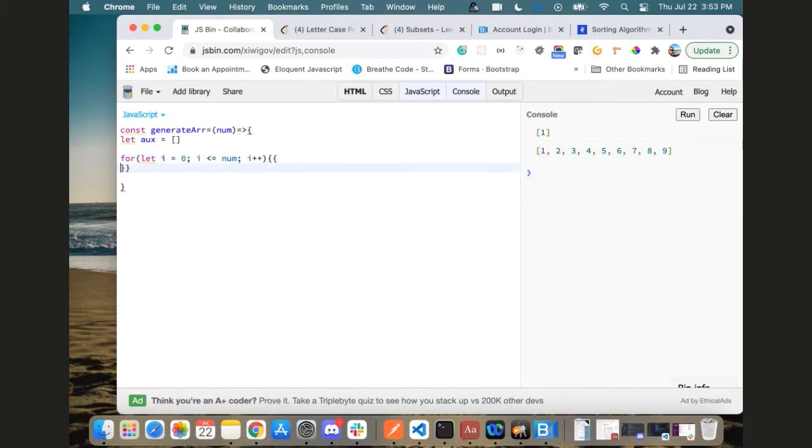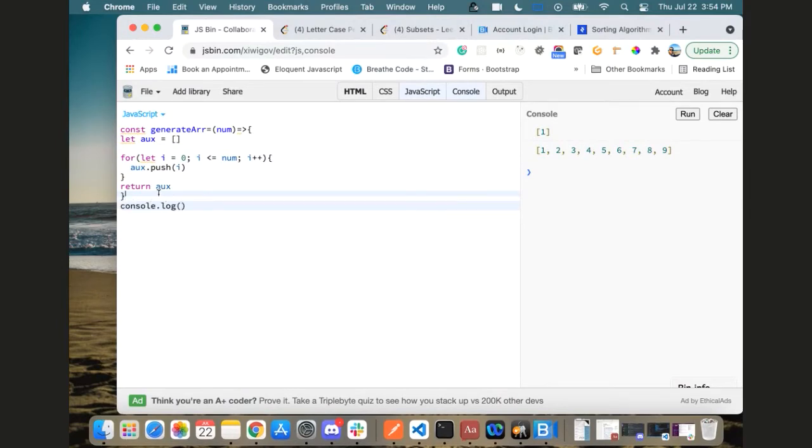Okay, so now I just need to do aux.push(i) and return aux. So this is going to be an array with the number of items that we want. Okay, so if we console log this,